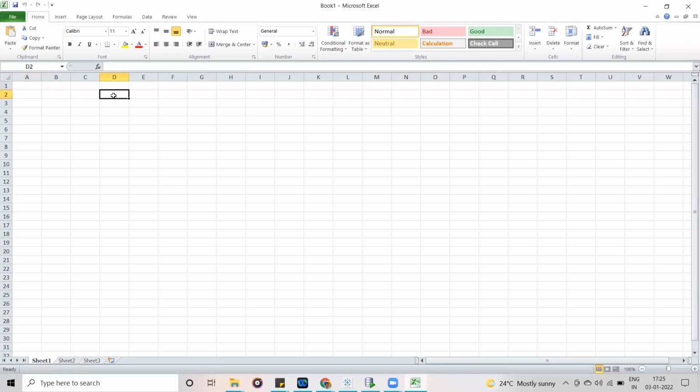For example, let's assume you have data from 2010 to 2021, and it is increasing.